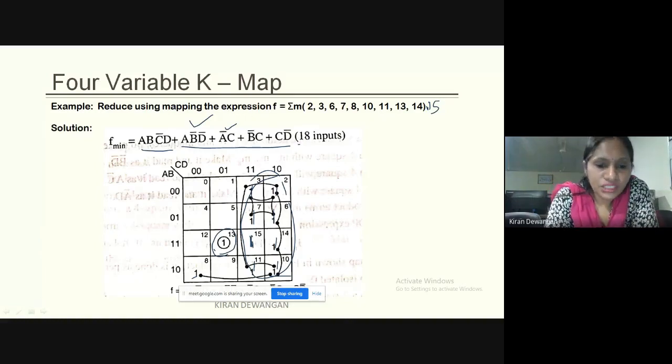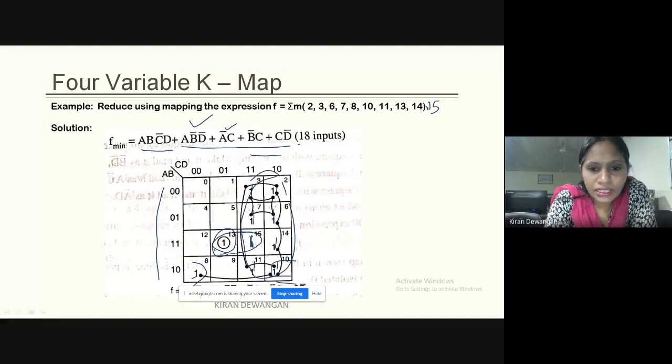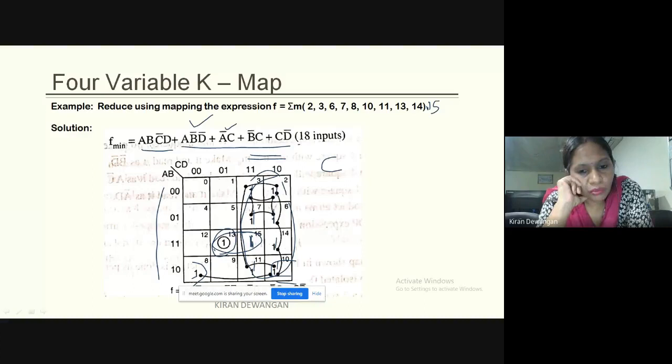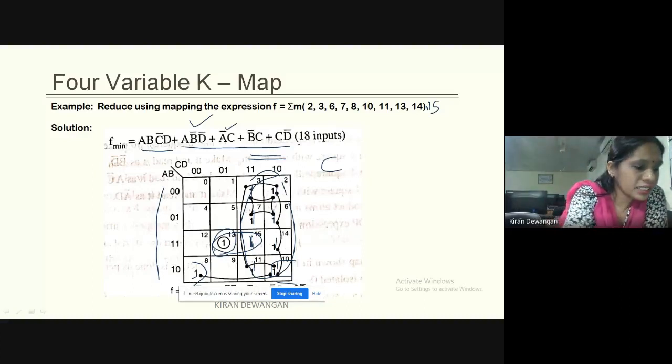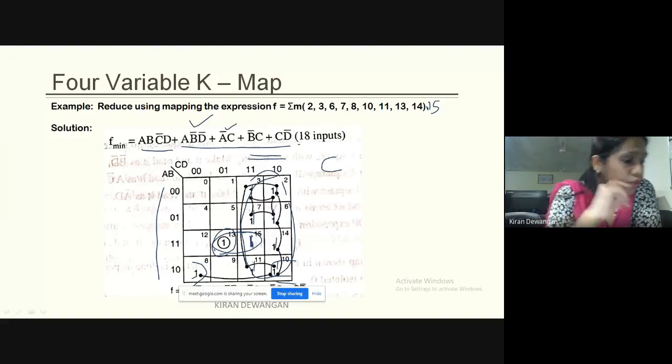Clear? तो ये जो रहेगा ये आपका एक पेयर बन जाएगा और ये भी आपका एक पेयर बन जाएगा और ये पूरा एक complete octet रहेगा. Now here what is common in these two? Since A is varying throughout and even D is varying, so only C is present. तो ये सिर्फ एक C हो जाएगा. Clear? Is this becoming clear what I'm trying to explain, students? Yes. If it is not becoming clear, you can ask me.